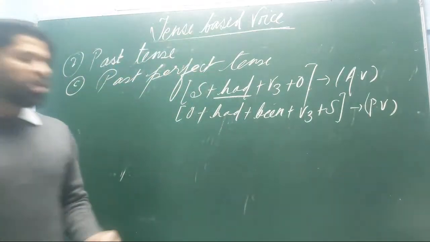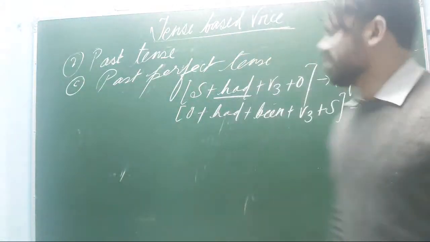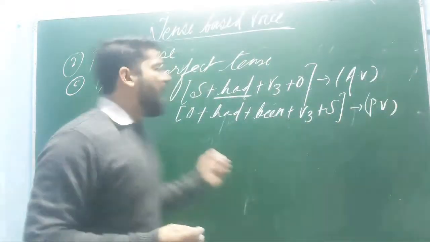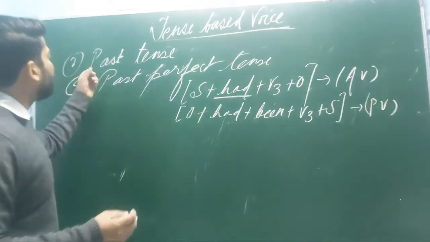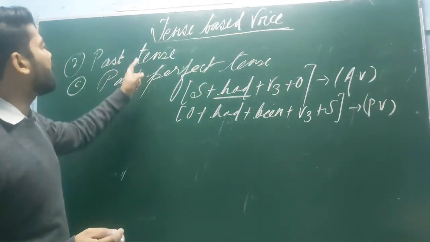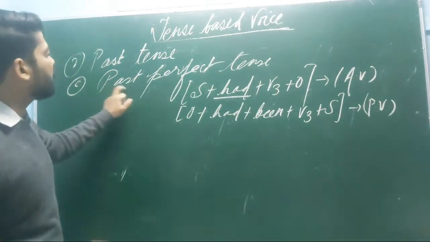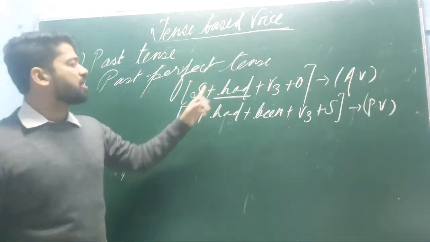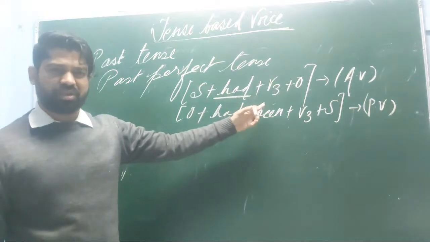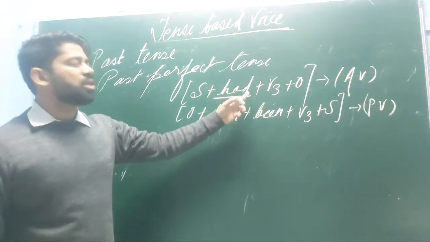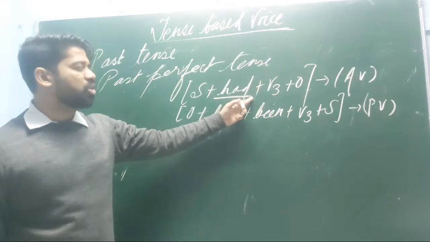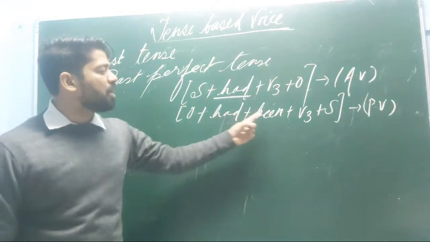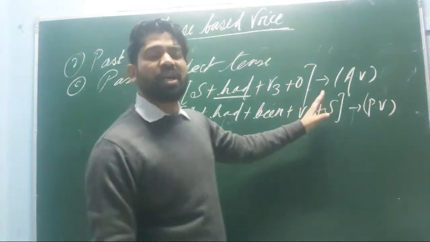So what you are doing and what I am doing, you need to utilize this very moment, this very time. The second form is the past tense, and its third form is the past perfect tense. All the sentences of the past perfect tense are based on this structure, and this is the active structure. And what will be the passive structure? It will be object plus had plus been plus V3 plus subject.